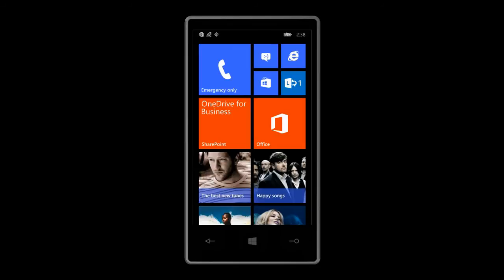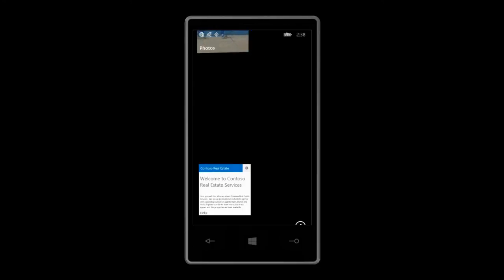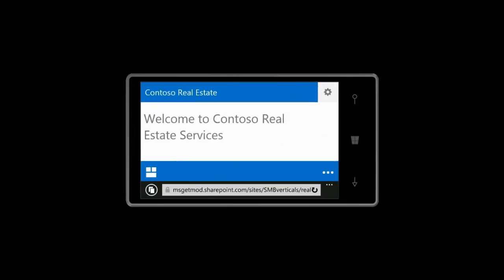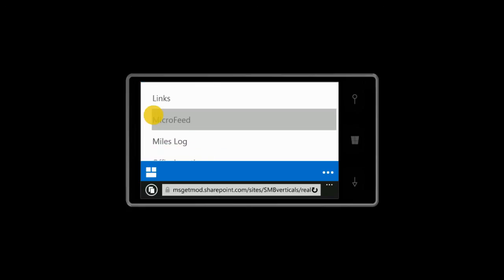Of course, one of the real benefits of turning a manual process into an app like this is now helping people be more productive from their mobile device. So here I'm opening up the SharePoint Online site on my Windows phone, a Nokia Lumia device here, and you can see with Internet Explorer on Windows Phone it comes up really nicely on this device. I can go and access all the contents on that site, and I can actually see the Miles Log application here,